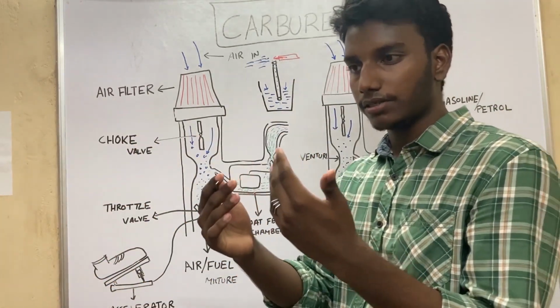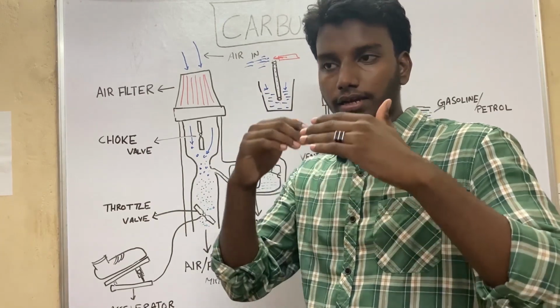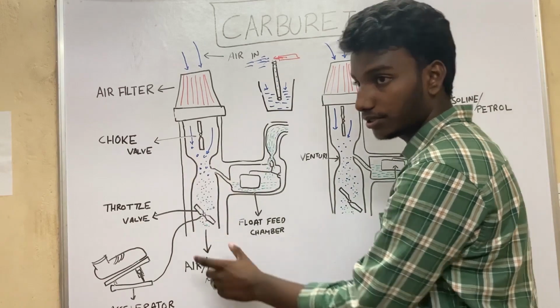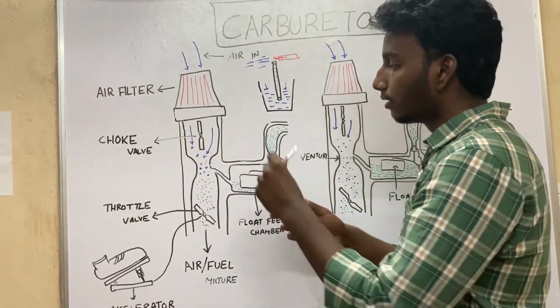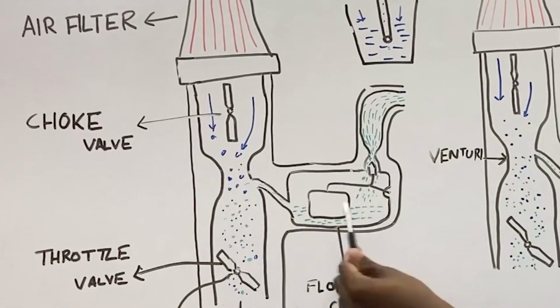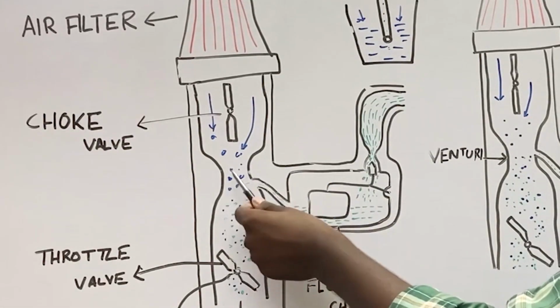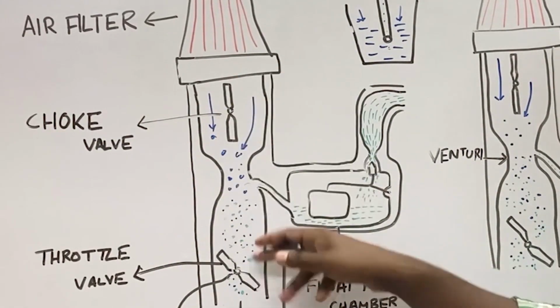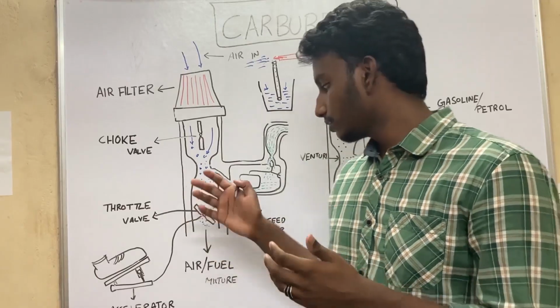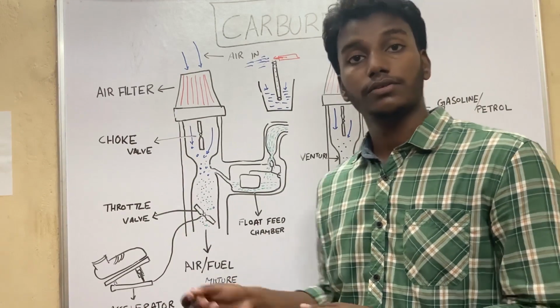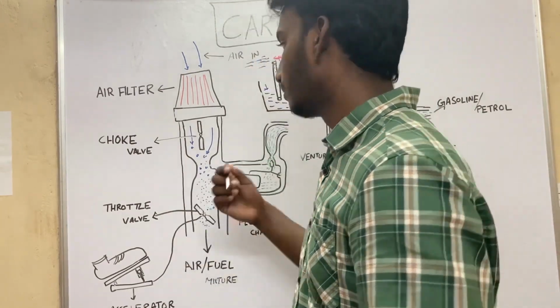When the pressure increases, your velocity decreases, and when your pressure decreases, your velocity increases. Since your pressure is being decreased here, your velocity increases. This creates a suction effect, and due to that, the fuel in this float feed chamber gets drawn into this throttle valve side of the carburetor and gets mixed well with this air. Now this perfect air fuel ratio or mixture is then sent into the engine's combustion chamber,